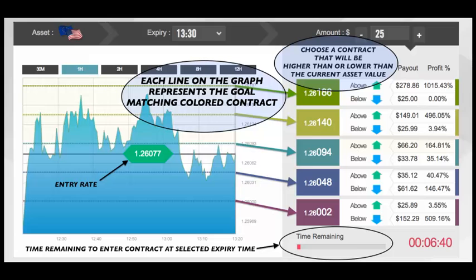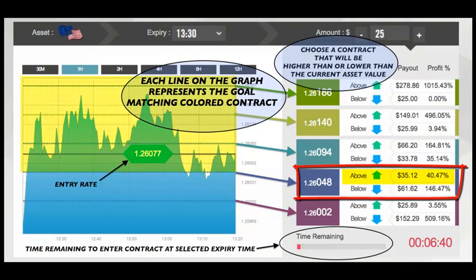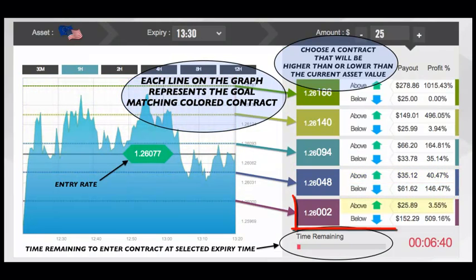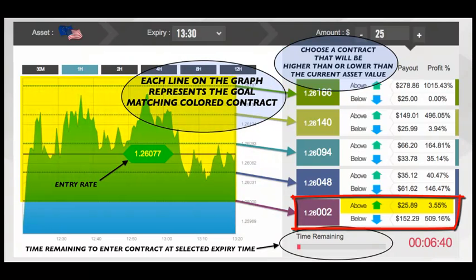$66.20. The second trade, a Euro-US dollar call trade to be above 1.26048 with a payout win of $35.12. And the third trade in the ladder, a Euro-US dollar call trade to be above 1.26002 with a payout win of